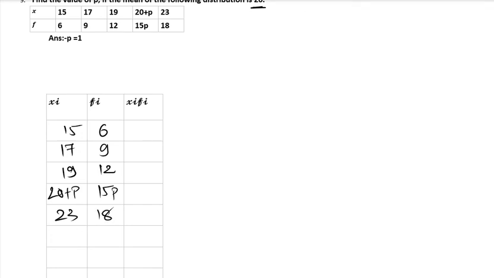So fi xi right away: 15 6s are 90, okay? 17 9s are 153, 19 12s are 228,